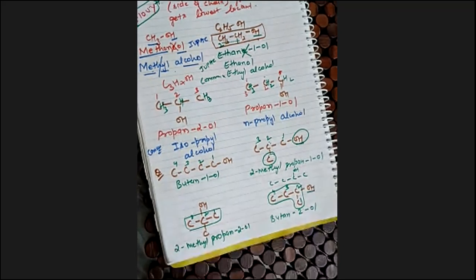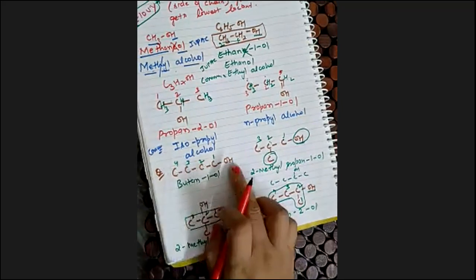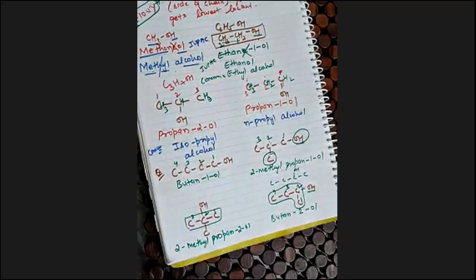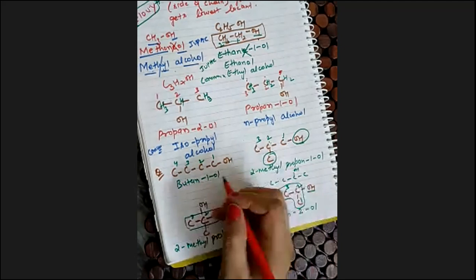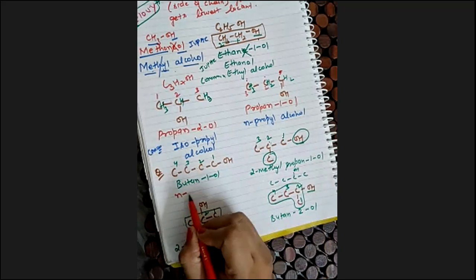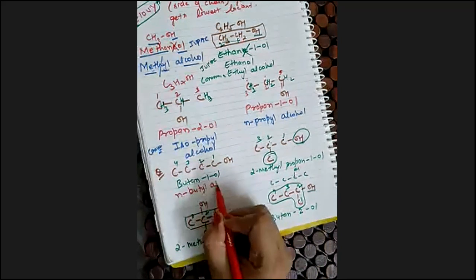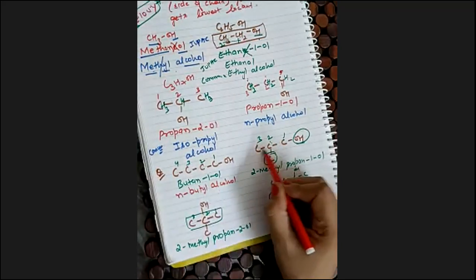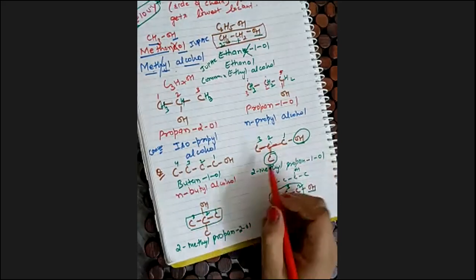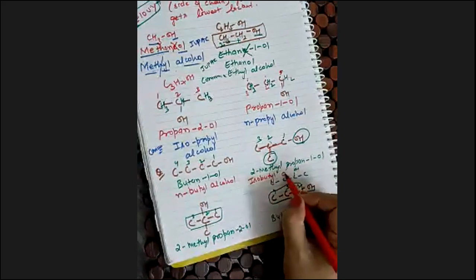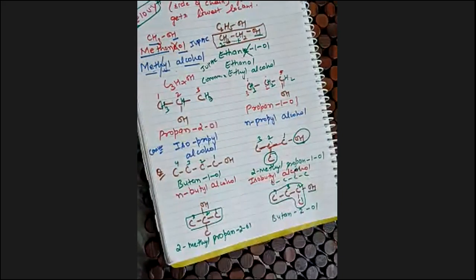Okay. Now let's go to the common names of these specific compounds. See, this is a long chain, and on the last carbon your OH group is attached. So what will be the name? Butyl alcohol, we have to take. Alkyl alcohol, and before this alkyl alcohol, we have to mention the nature. So this is N-butyl alcohol or normal butyl alcohol. See the arrangement. This type of arrangement is used in iso. This is isobutyl alcohol. Clear?